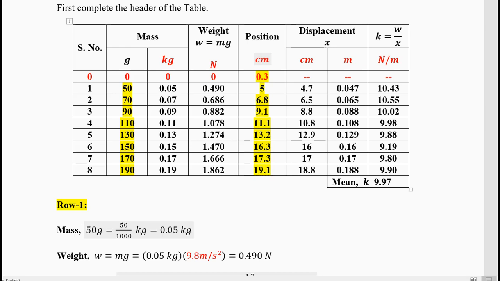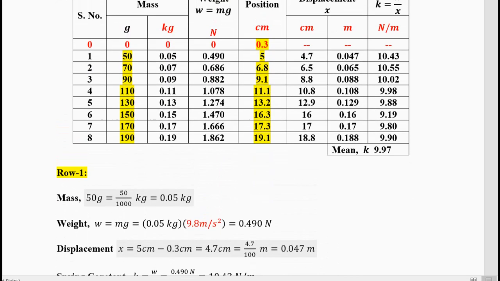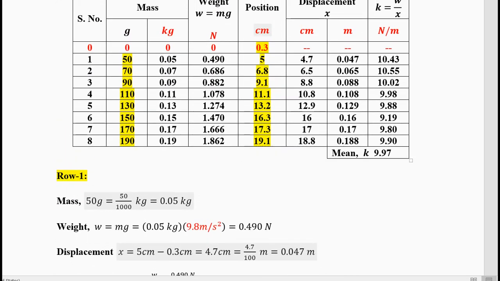When you are doing data analysis, when you are doing the experiment, there are ways to handle that, but we will not discuss it right now. We will just discuss how to manage the data given in the yellow color. So we have done the first row, then do the second row, third row, fourth row, 8 rows. 8 sets of data are given.